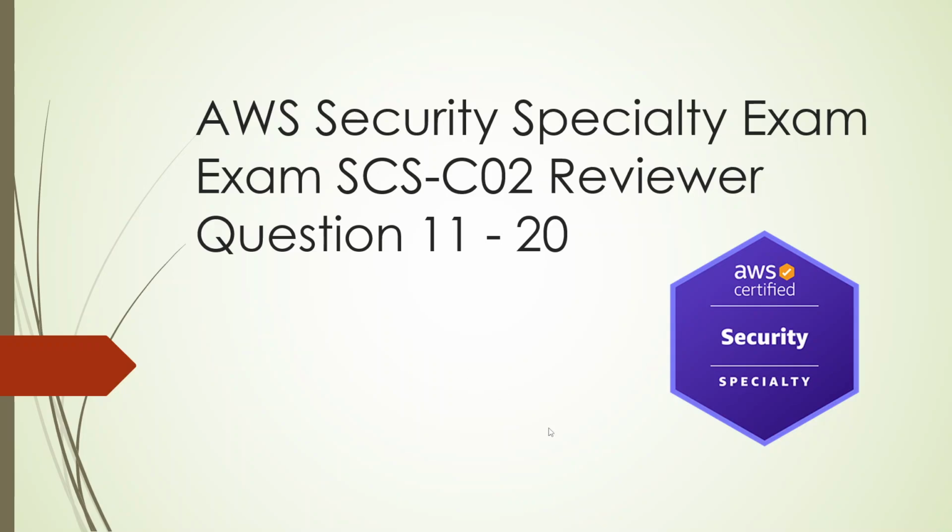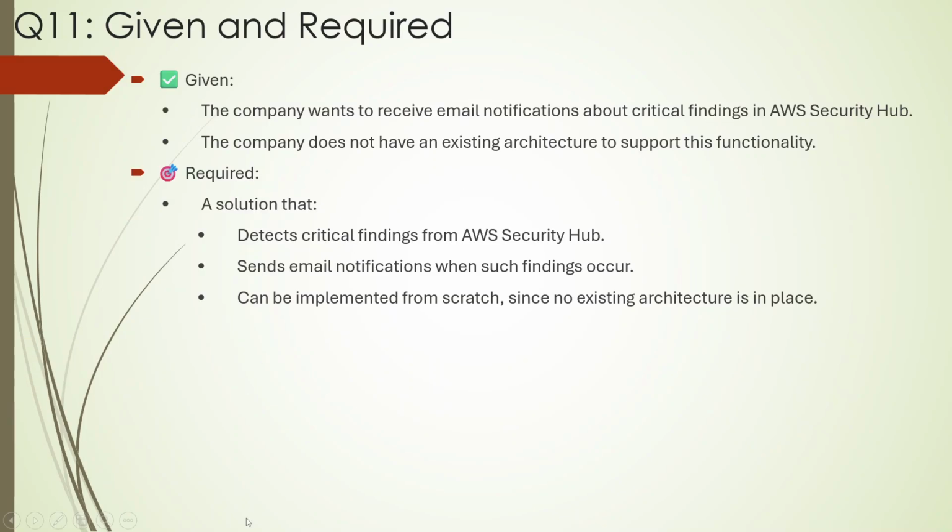Okay, let's do this. It's questions number 11 to 20 for the SCS-C02 reviewer. This is for the AWS Security Specialty Certification. So, for question number 11, you will be given a company that wants to receive email notification